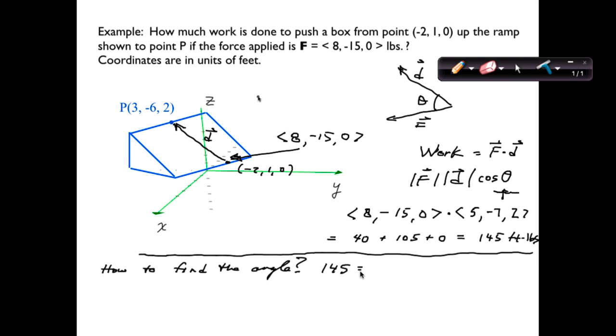Right. So can we find the magnitude of F? Yes. Can we find the magnitude of d? Sure. So this 145 equals the magnitude of F times the magnitude of d, cosine theta. These are both attainable, right? We could find both of these. So what would we do? Cosine theta equals